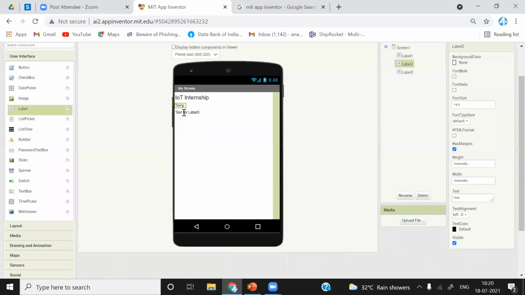In front of temperature, I want to observe real-time change in temperature. Suppose we are getting data from a real-time database, which is Firebase. We are receiving data into our application, and we want to display that temperature number in front of this variable. So I will put this label variable, text variable, in front of this temperature. How we can do that, we are going to see later in the session.